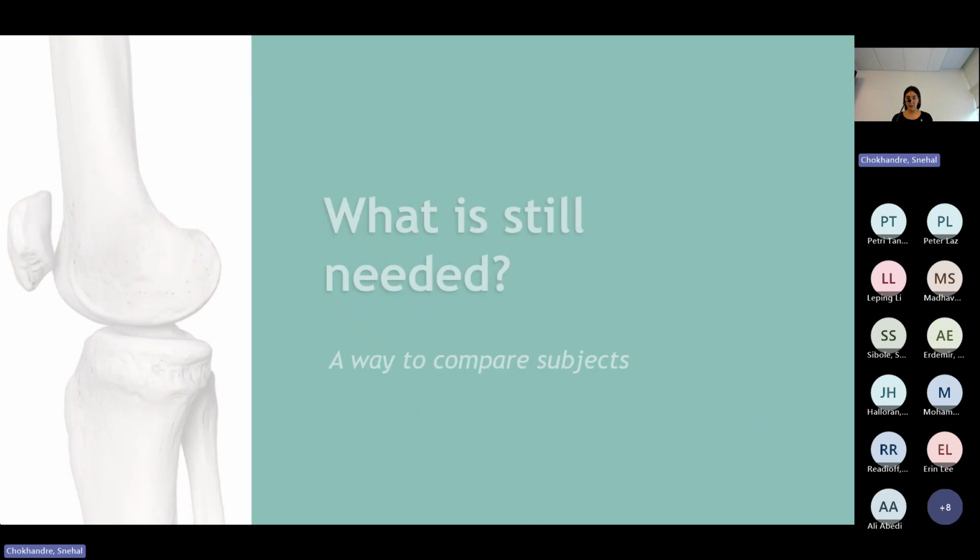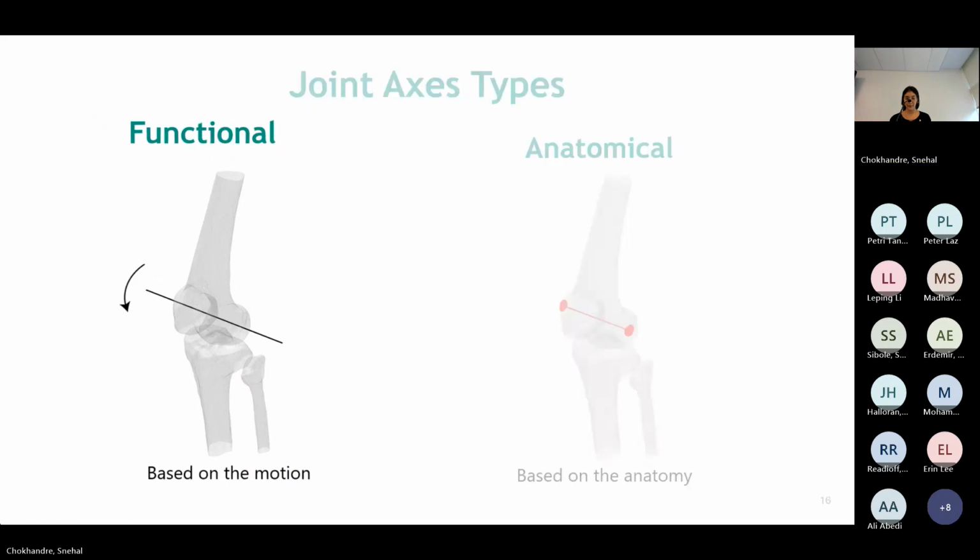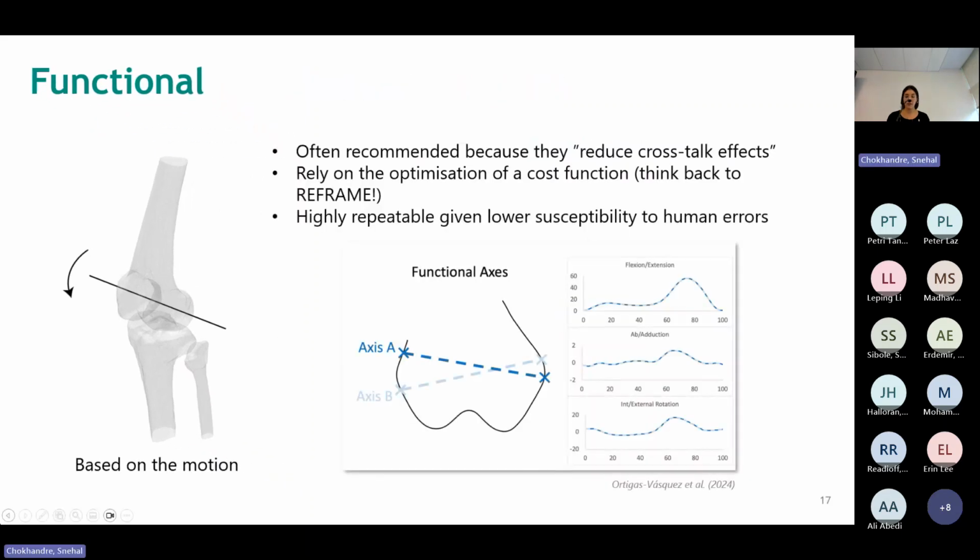So why is this such a problem? At a very high level, axes are going to be either functional or anatomical, right? So either based on motion or based on anatomical landmarks. If we look at functional first, a lot of the times functional axes are recommended because they quote unquote reduce or minimize crosstalk, and also because they're supposed to be more repeatable, right? Because you're finding them using a mathematical equation, you're optimizing, and so you're removing a lot of that human error related to marker placement,